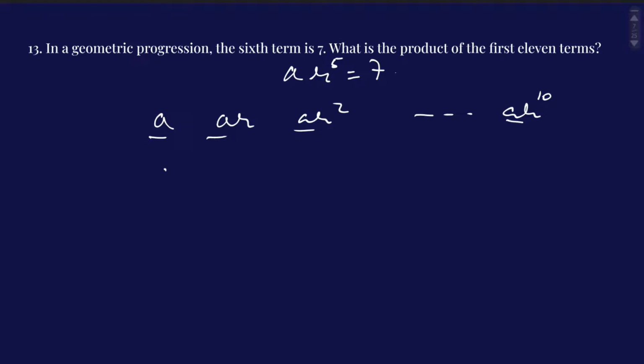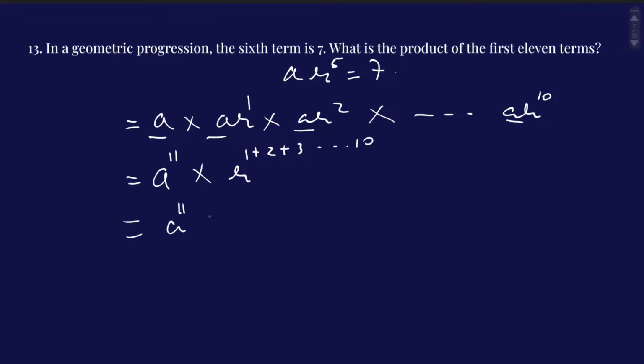Okay, so it will become a to the power 11. We are asked to find the multiplication product. So it will become a into a to the power 11 into, if you look carefully, r to the power 1, r to the power 2, and this goes on till r to the power 10. So we are asked to add the powers of r, so this will be nothing but r to the power 1 plus 2 plus 3 till 10. So this is going to be nothing but a to the power 11 into r